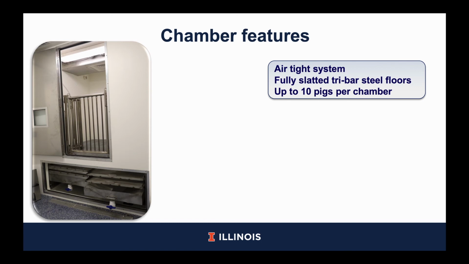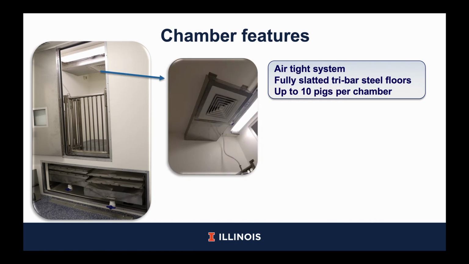If we take a look at the chamber features, we can see in the picture to the left that both the main and the secondary sections are airtight by the use of a seal in the frame of the 2 doors. The main section is equipped with a feeder and drinker similar to the ones used in commercial conditions. The capacity of the main section is up to 10 pigs depending on the size, and we can also find the air diffuser in the ceiling, which is responsible for the mixing of the air inside of the chamber and where the fresh air is being supplied.